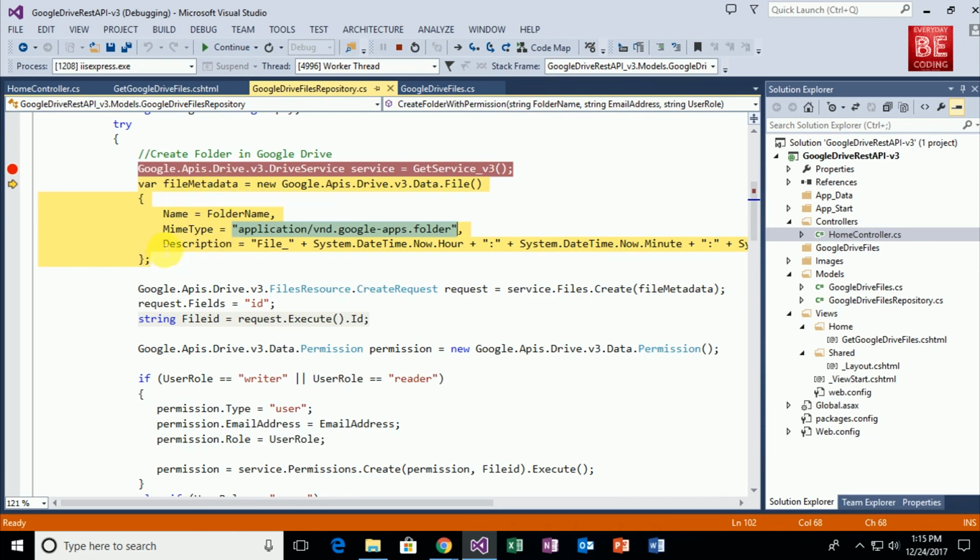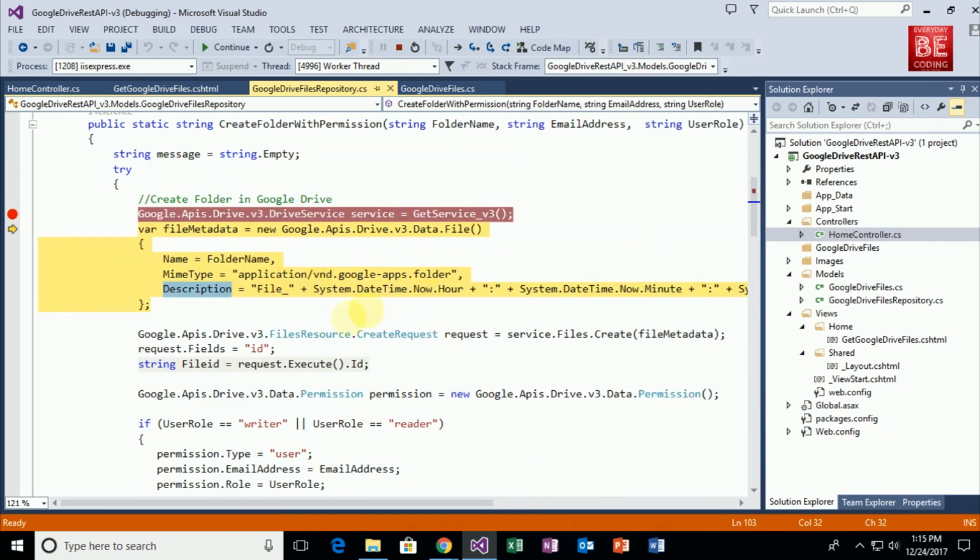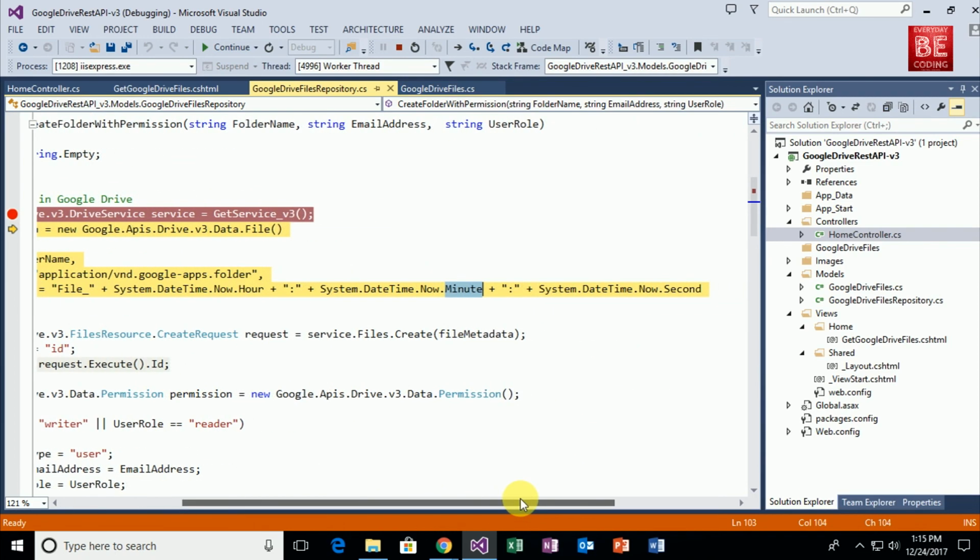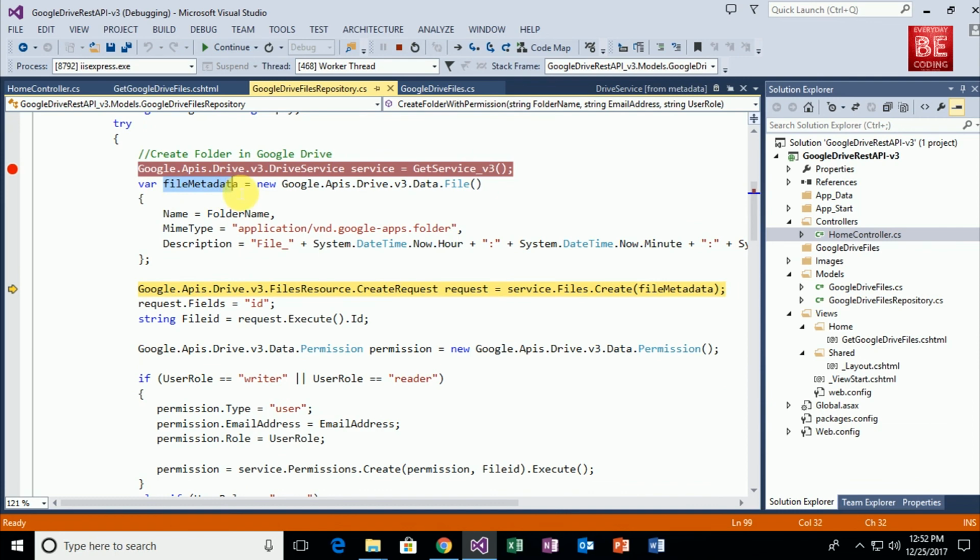Okay, and after that we put a description text, and within the description text we pass the time this folder is created, that means hour, minutes, and seconds. Okay, so after that this object I am passing as a parameter of this create method, and this create method is of type file resource.getRequest, and it has an object request. Okay, and this files, what is this? This files is of type file resource.createRequest. That means this files is the object of file request.createRequest, and this files is a property of the services class, that